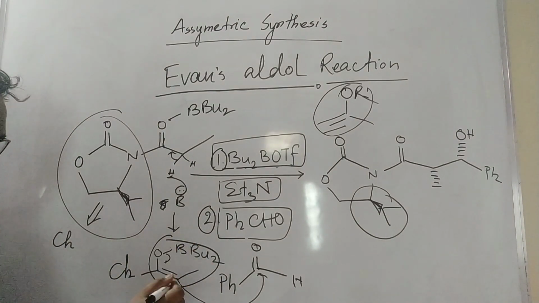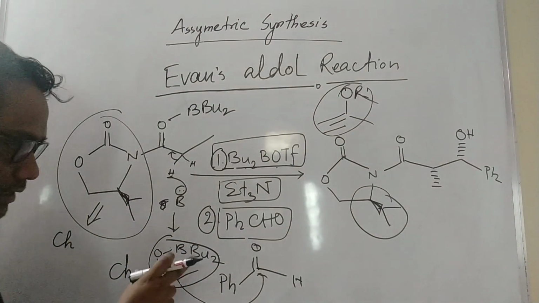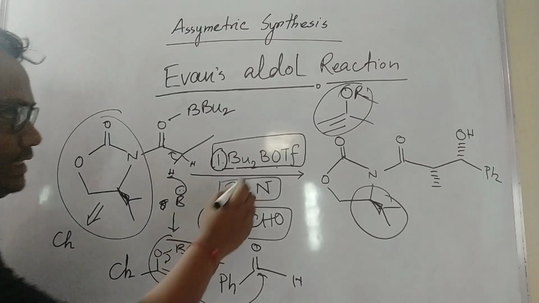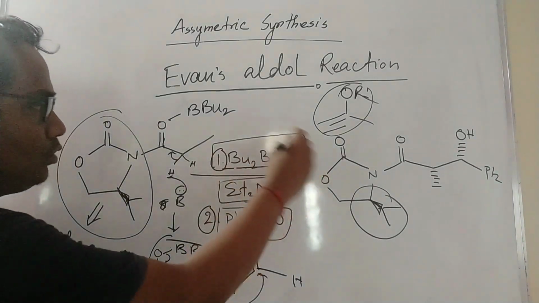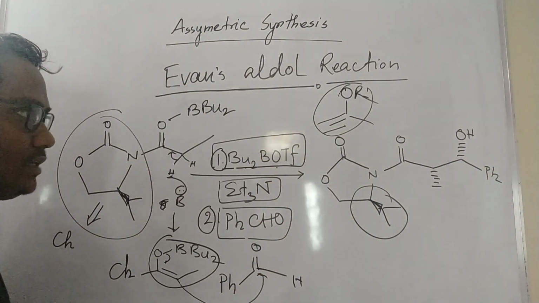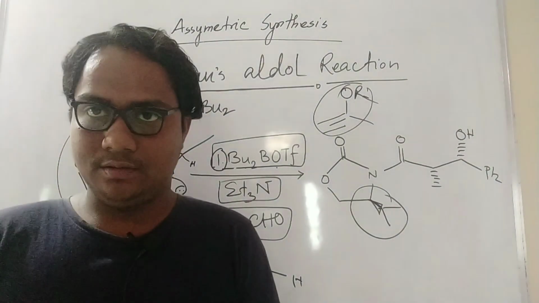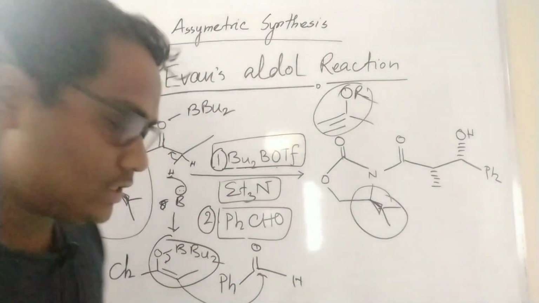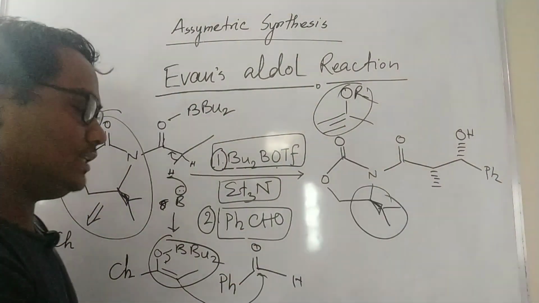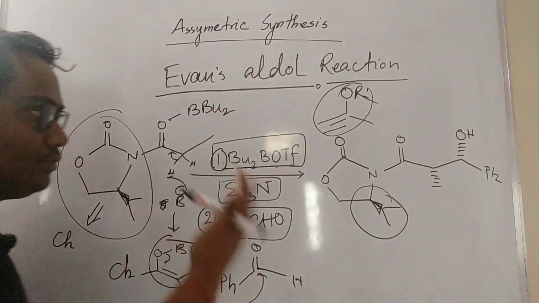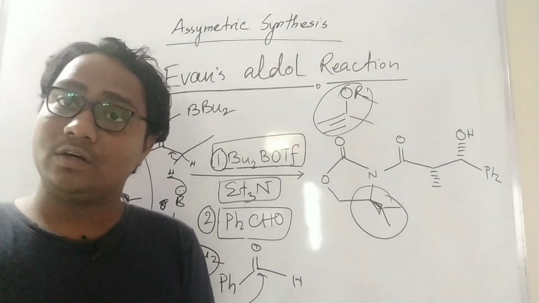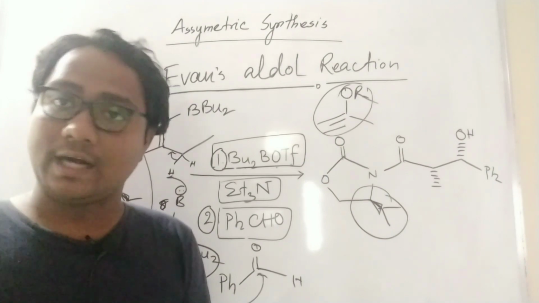It is called an enolate. So that will depend on this, because this kind of protecting group will always give the cis enolate. What is this? Cis enolate. I will explain further in enolate chemistry what kind of reagent will form the cis enolate and what kind of reagent will form the trans enolate.